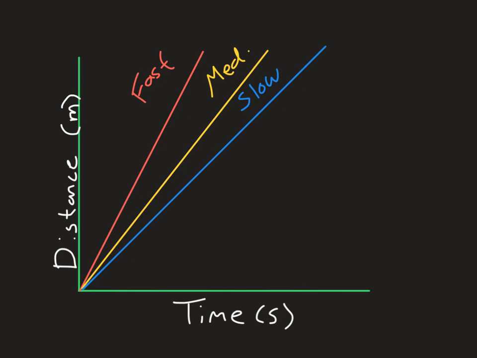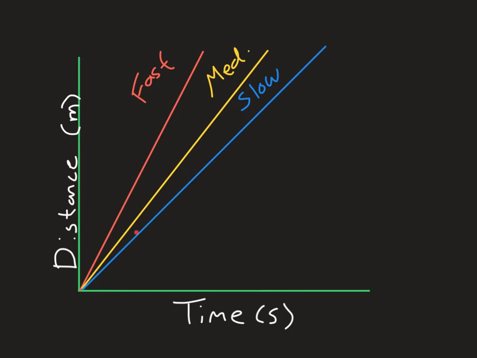Now I screwed up a little bit. I forgot that in your notes this is in centimeters, not meters, but it doesn't really change what's happening here. Okay, so we know just from our table of values that that slow one is going 1.4 centimeters every second, right? Because it always goes up by 1.4 centimeters. The medium one is covering a little bit more ground. It's going 2.1 centimeters every second. And our fast one ends up going 3 centimeters every second, all right? So we can tell just from the table of values that this one's going to be the fastest, this one's the slowest. But what we want you to do now is look at this graph and start to figure out